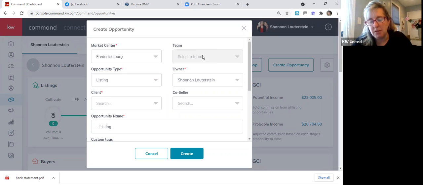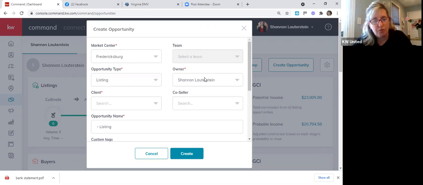Here, if you're on a team, so if you're on the market center team, it's going to have the team here for you, and then you will have an opportunity owner and an assignee underneath. The owner of the opportunity when you're on a market center team is going to be your coach, and then the assignee of that opportunity is going to be you, because you are the one who is working on the opportunity. If you are not on a team, then the owner of the opportunity will always be you. If you get to the point where you are growing a team and you are the rainmaker on the team, the head of that team,